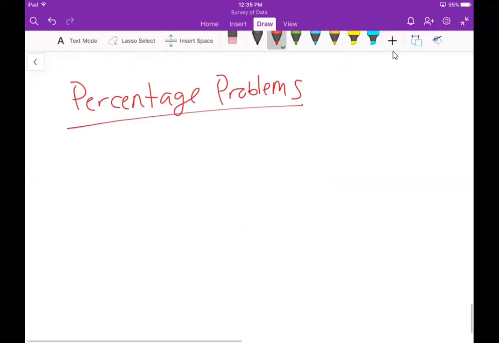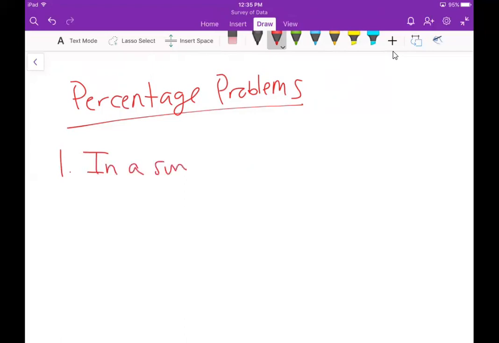So we want to dig into what's going on in these problems here. What's happening is that now we will have an unknown percentage. So we'll have an unknown of something we're multiplying by, and we need to solve the equation to find it. So one example I want to look at here, and you can take the time to get this down too,